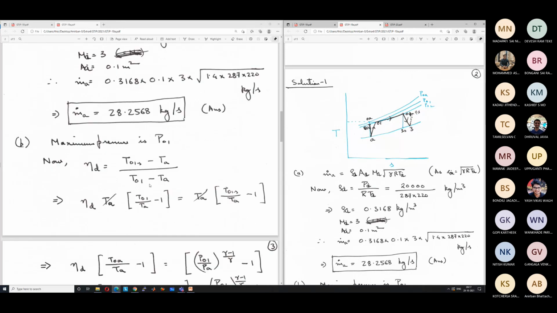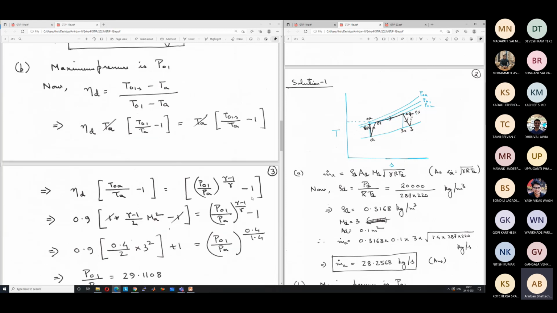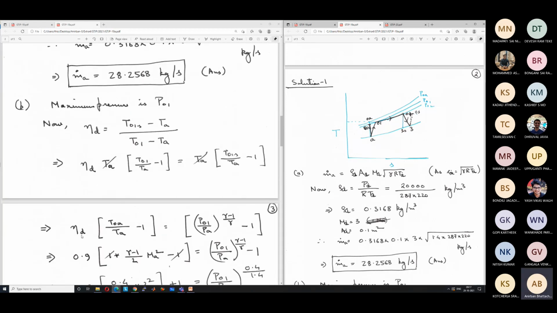Or you can rewrite eta D into T01 minus TA is equal to T01S minus TA. If you take TA common, eta D into TA, T01 by TA. So whatever steps you have given is correct. I have just gone in a slightly different way. T01 minus TA minus 1 is equal to TA, T01S by TA minus 1. So TA gets cancelled, so we are left with eta D T0A by TA minus 1 is equal to